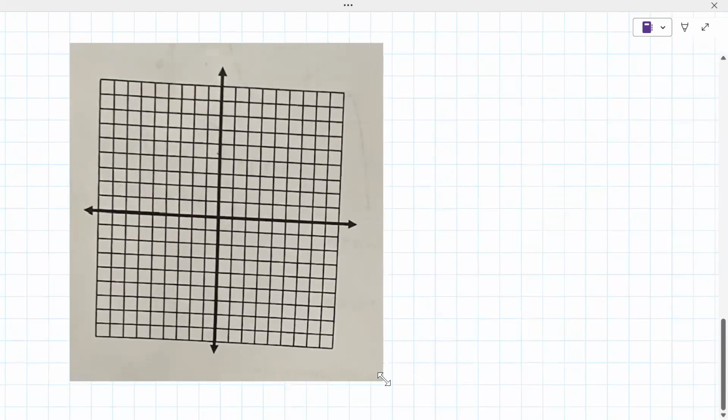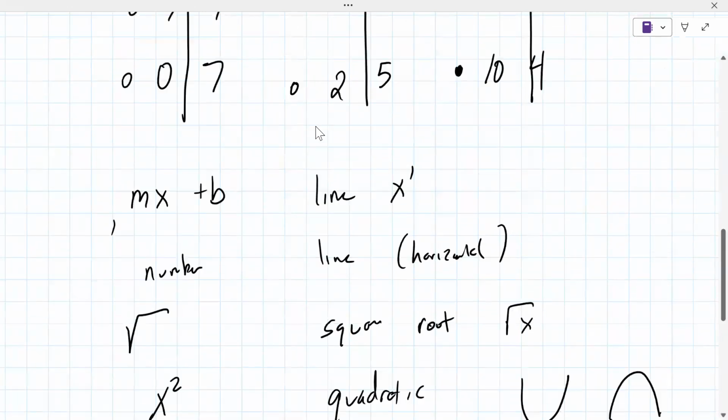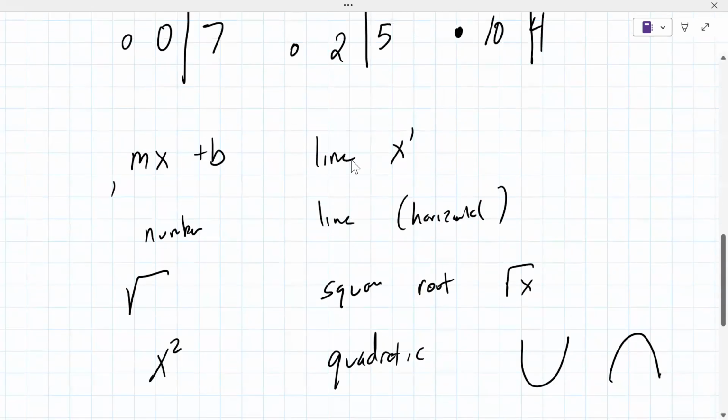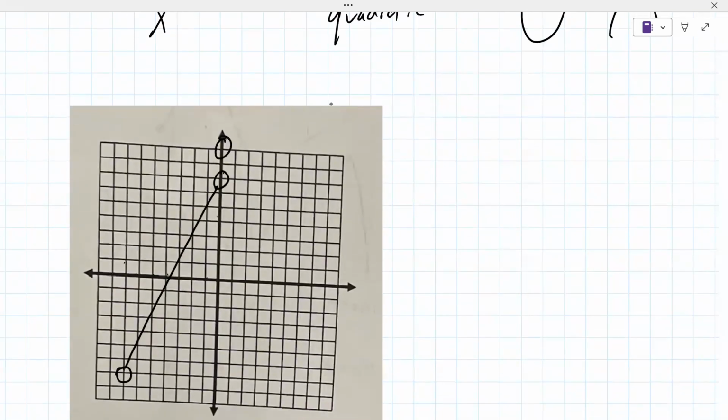So let me just get this framed a little better. All right. So we said -7, 1, 2, 3, 4, 5, 6, 7. Okay, that's point 1, 0, 7. And so that's a line. The next piece, 0, 9, and 2, 5. 0, 9, and then 2, 1, 2, 3, 4, 5, like that. But then